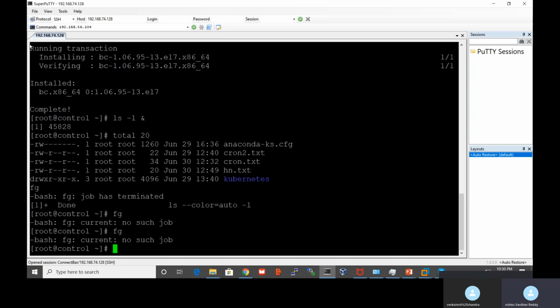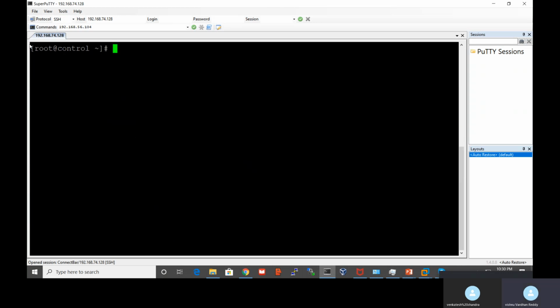If you want to execute something in the background, you can use the command with the ampersand symbol. Then that command will execute in the background. See top, and if you fg, it will show that the interrupted top was running in the backend.